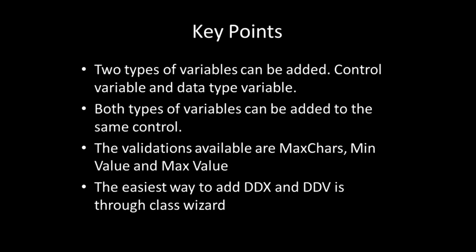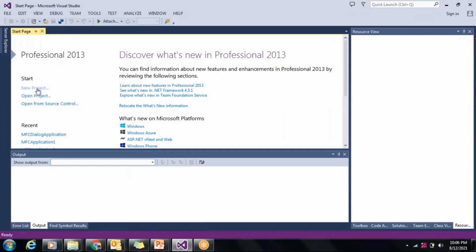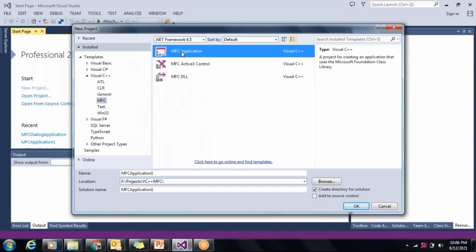The easiest way to add DDX and DDV is through the class wizard. We'll be seeing how to add it with the help of the class wizard. So let's see how DDX and DDV works with the help of a sample project. I'm going to create a new project here, which is obviously a dialog based application.